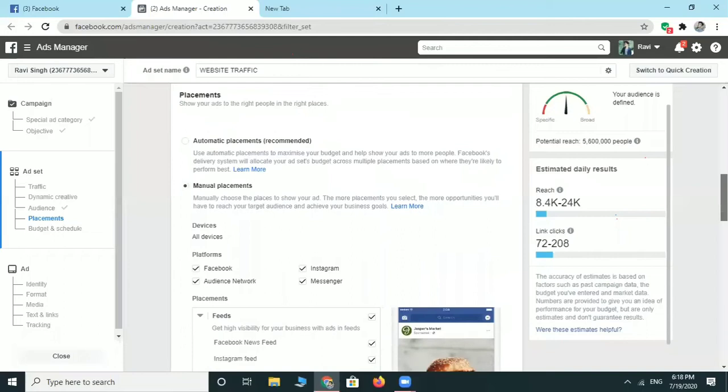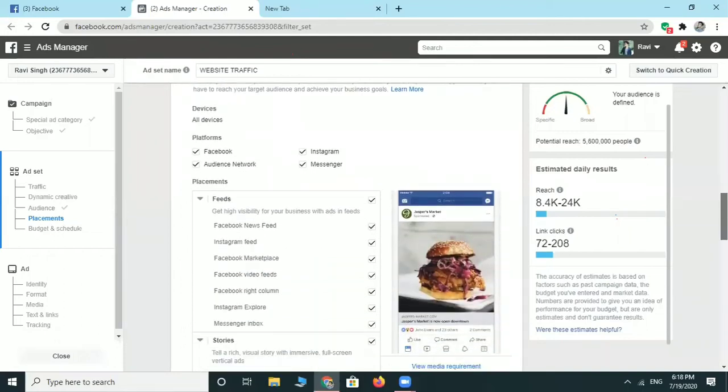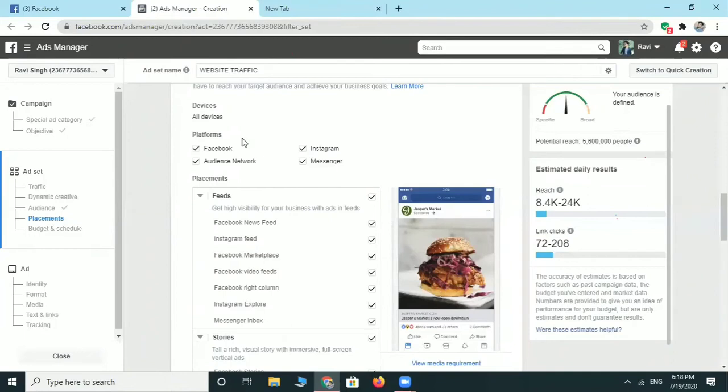So what is placement? You have to know about placement first. See, placement is where you want to post your ad. Like you want to use the Facebook platform or Instagram platform, Audience Network, or Messenger. If you just want to show the ad on Facebook, you just unselect Instagram. But here what I am teaching is how to create a Facebook ad using the Facebook platform, and you can create various ads by using the Facebook platform, and it will also reach Instagram, Messenger, and WhatsApp. So if you don't want to post your ad on Instagram, just unclick it.